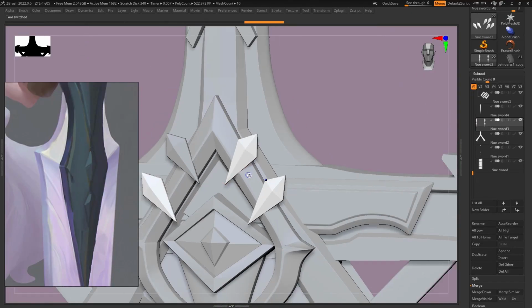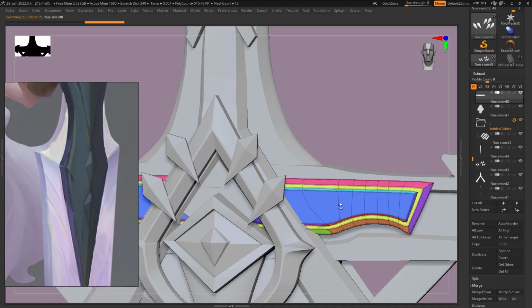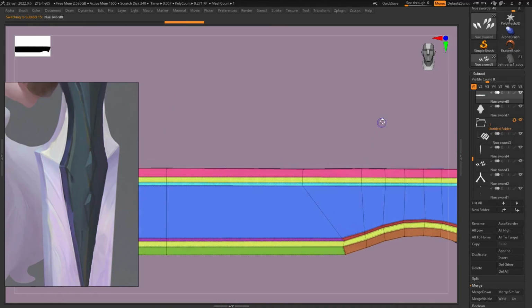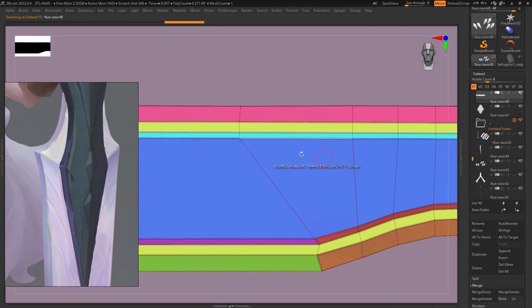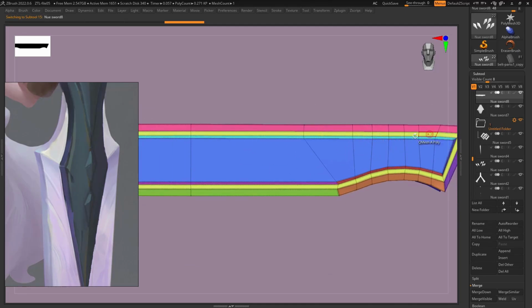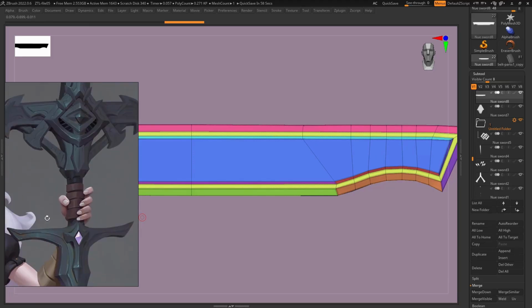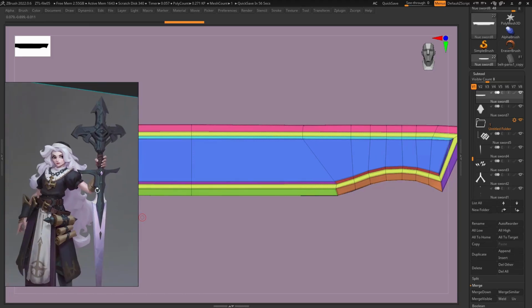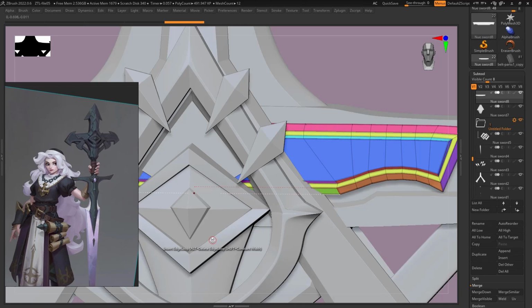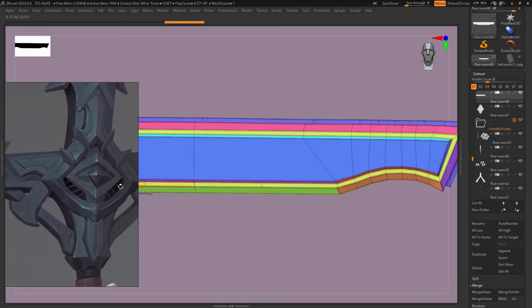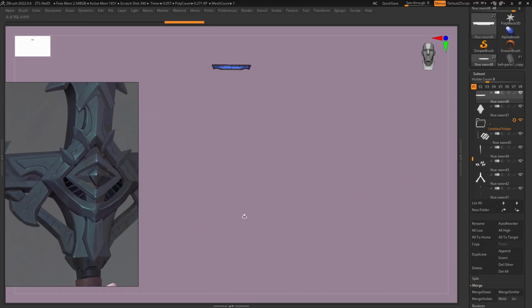So here, guys, the sword, very simple. All the pieces, as I said, are the same workflow. Here, defining the silhouette. Try to find the silhouette. Let me show you here. The silhouette here, and then